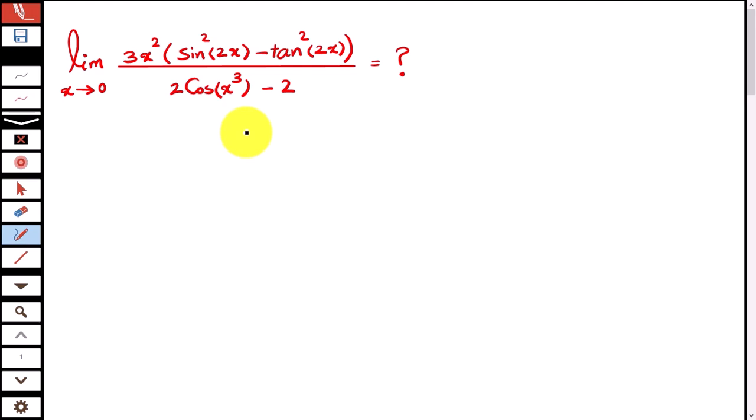In this video, I'm going to solve a problem that I actually designed myself a while ago. This question is from the topic of limits of trigonometric functions. As you can see, our goal is to find the limit of this big fractional trigonometric expression as x approaches